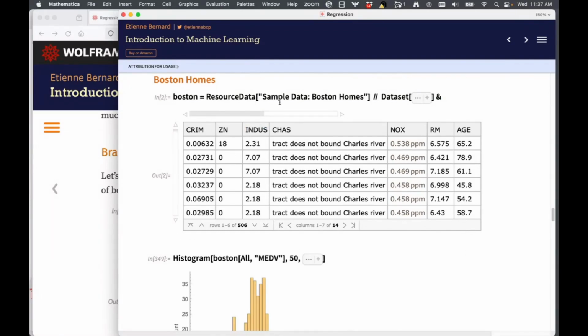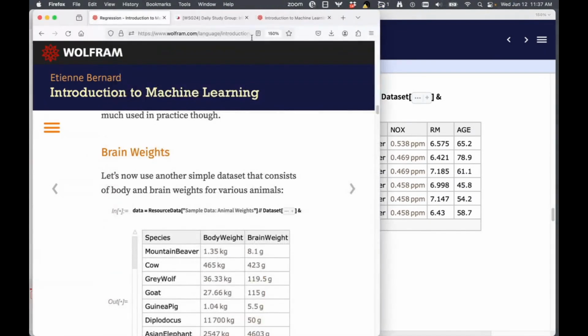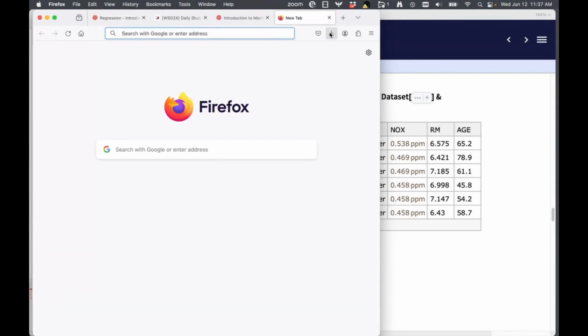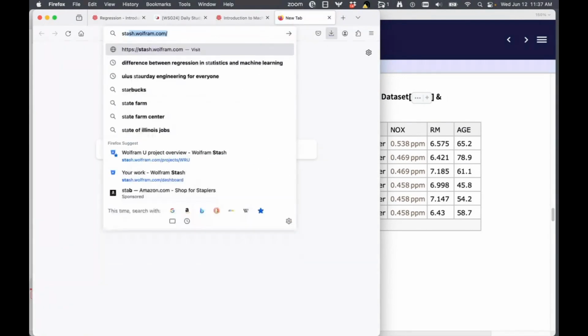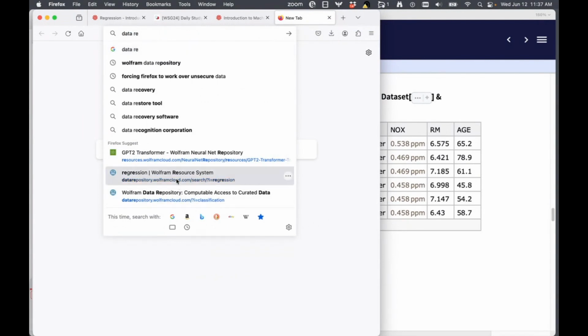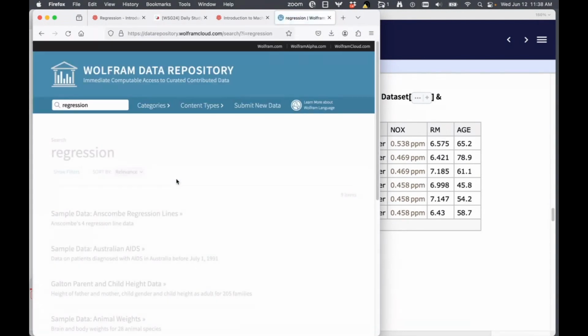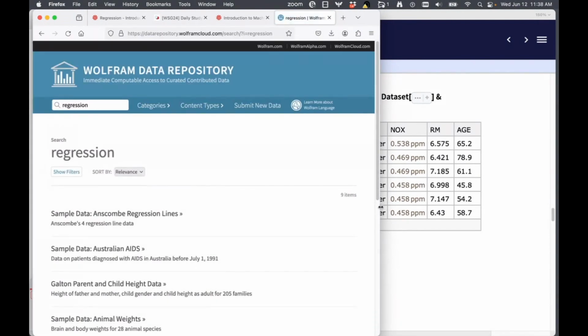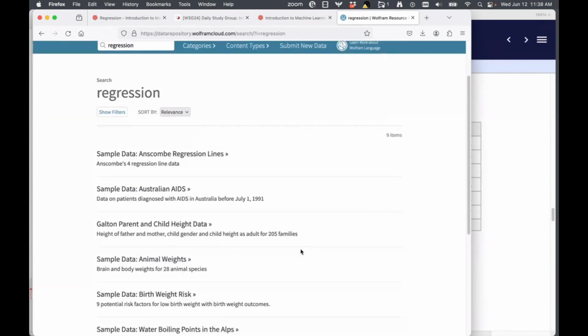again, very popular as you start out working with machine learning. It's easy to figure out. There are some criteria for these homes in Boston, and you're trying to predict the numeric variable, the median home price. In fact, if you want to learn more about it, you can go over to the Wolfram data repository, and it's right there.